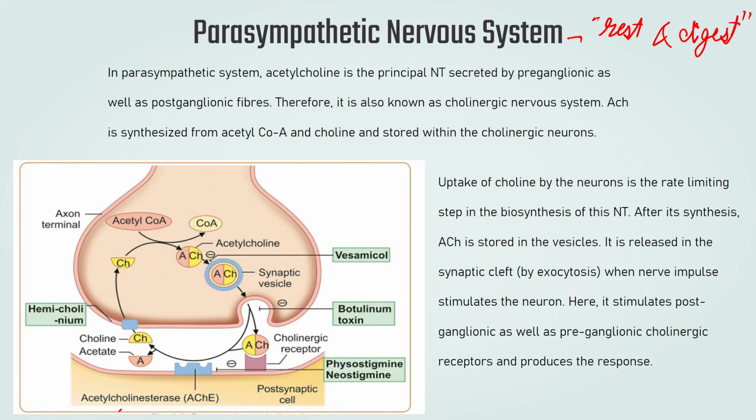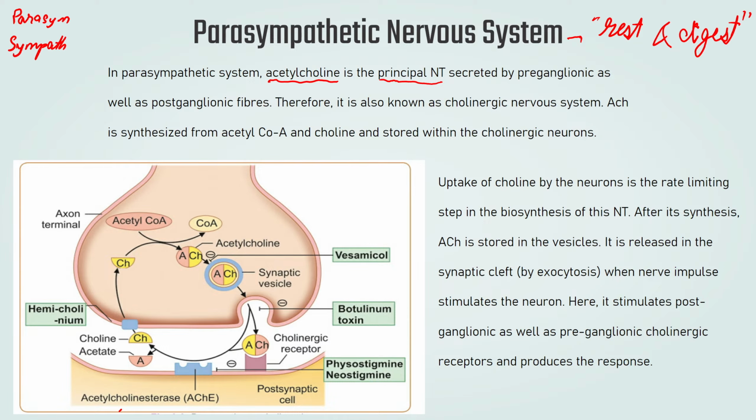Rest and digest functions are mostly performed by the parasympathetic nervous system. Here acetylcholine is the principal neurotransmitter secreted by preganglionic as well as postganglionic fibers. It is very important to remember that in both systems, parasympathetic as well as sympathetic,